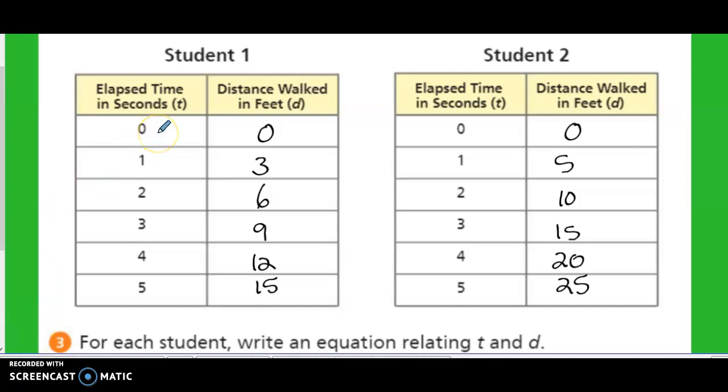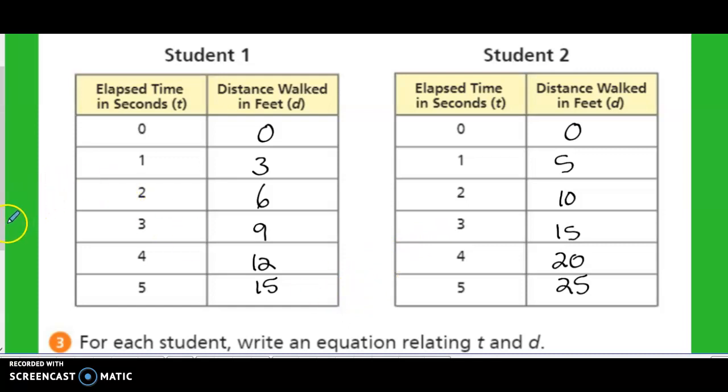At 0 seconds, of course, the student hasn't covered any distance. After 1 second, student 1 goes off 3 feet and student 2 travels 5 feet in distance. Now, this is going to cause a little flashback here, I'm hoping, and these are our linking tables. What links these two students together is the time factor. They are both being measured in time and seconds, and the only thing that separates them is how far each